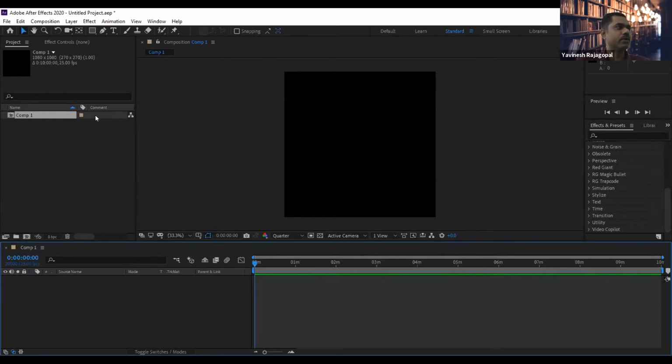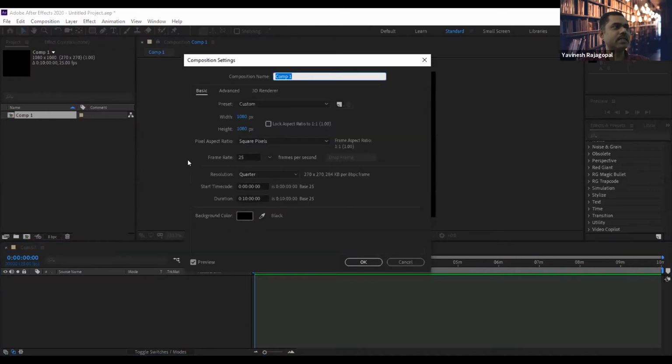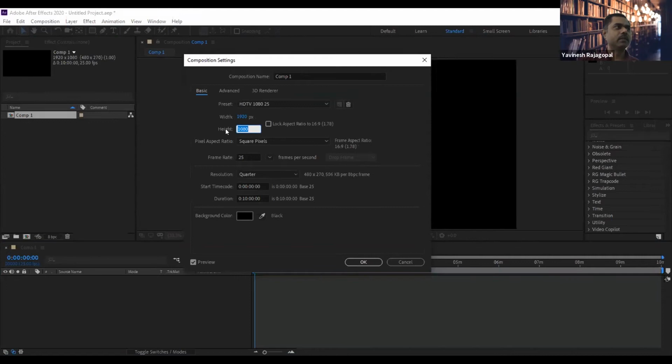All right. So if I want to edit back the resolution, I don't want a square size. I want a full HD size, let's say. So I go back to composition setting. I change this back to 1920, for example. So this is full HD size, and the duration I don't want 10 minutes. I want 30 seconds. I can change this. Then I click